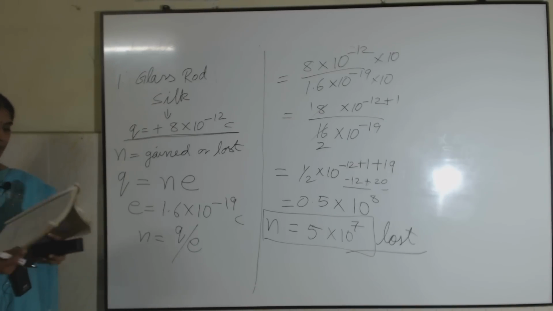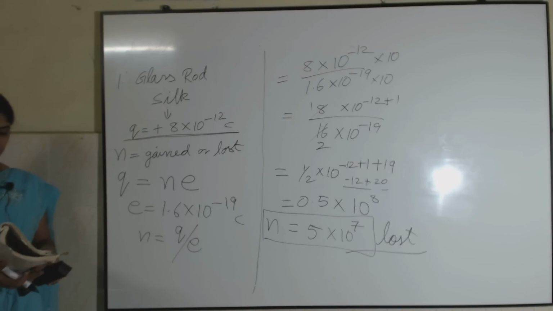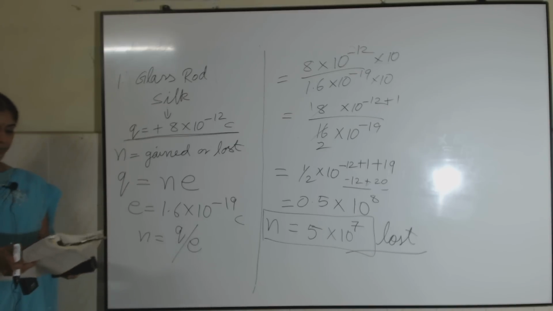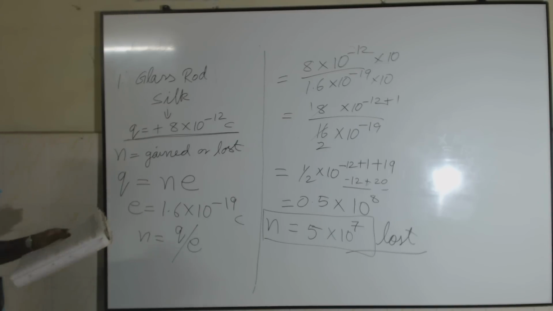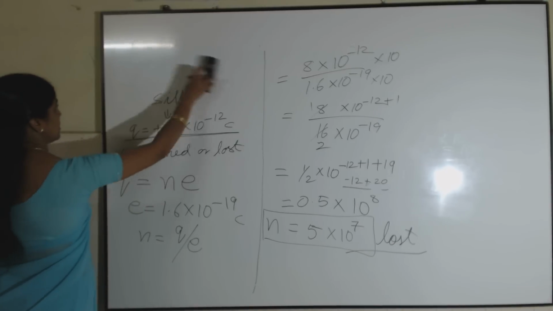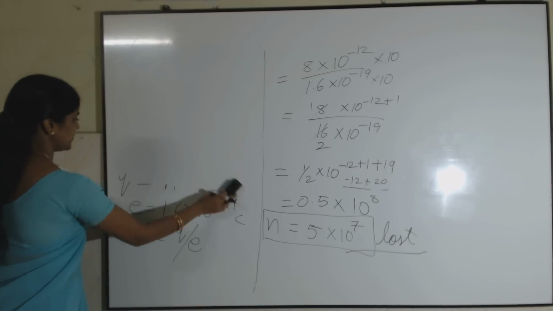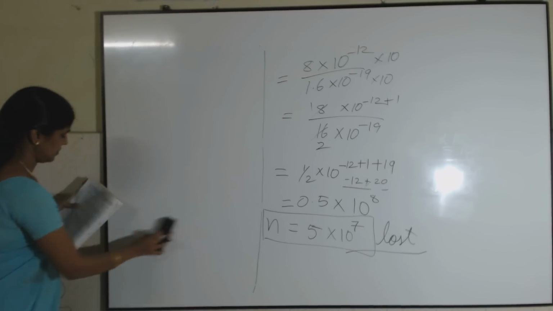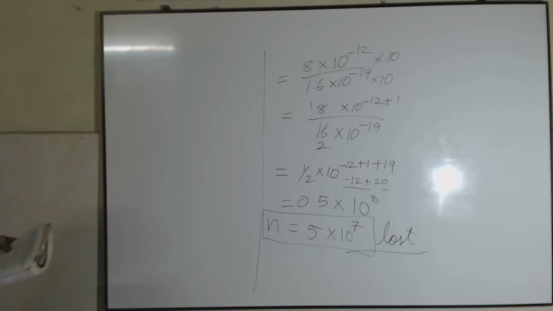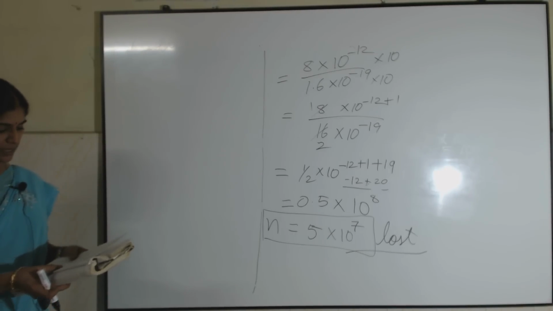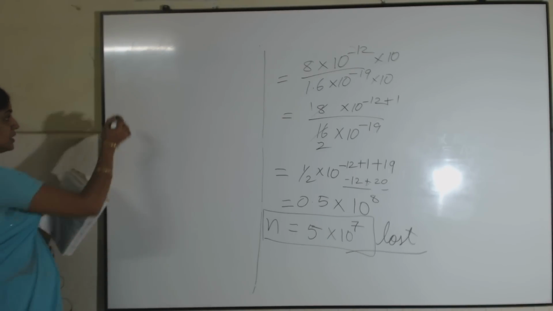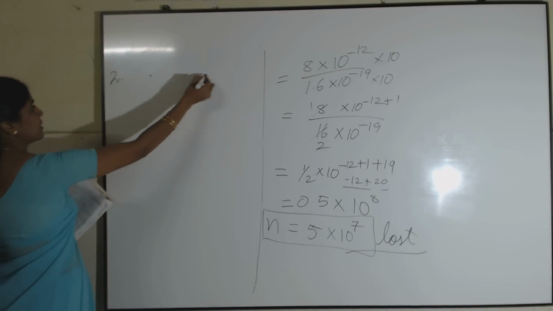Next one. Now we have seen Coulomb's law. You know the formula for Coulomb's law. Go for the second problem, the self-evaluation sum number 2. The electrostatic force between 2 point charges kept at a distance d apart. That is the second problem.